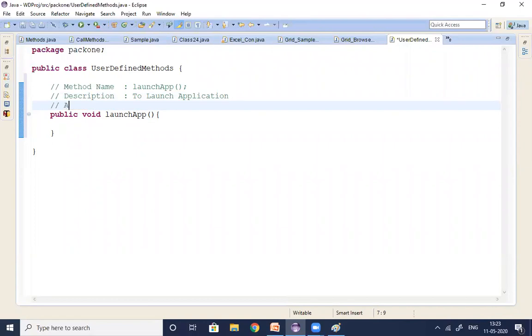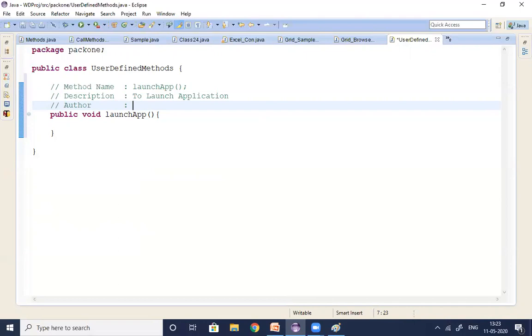Next one is the author. Author, very important, guys. Why do we need to specify the author information here? I told you already, this method is not used by only me. This method is created by me, but that does not mean only I am going to use it. It can be used by any team member in the project. Suppose I create this method today and you use it tomorrow.